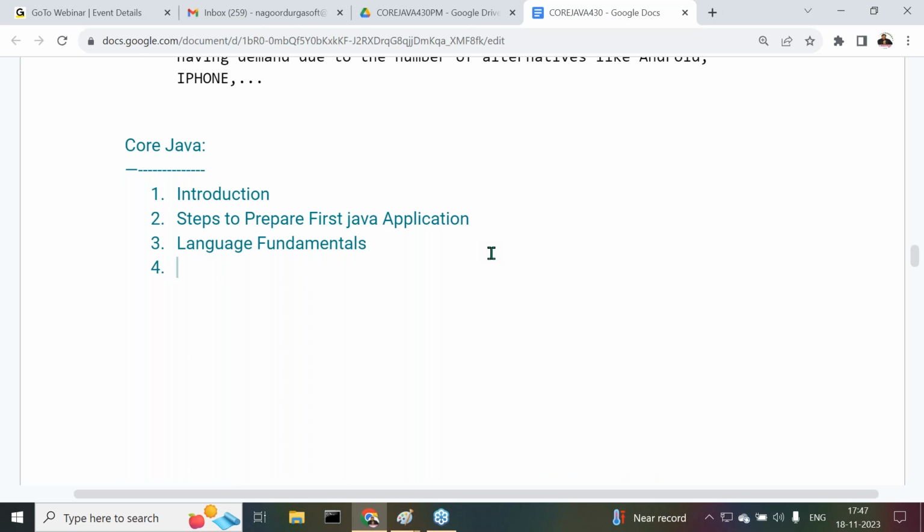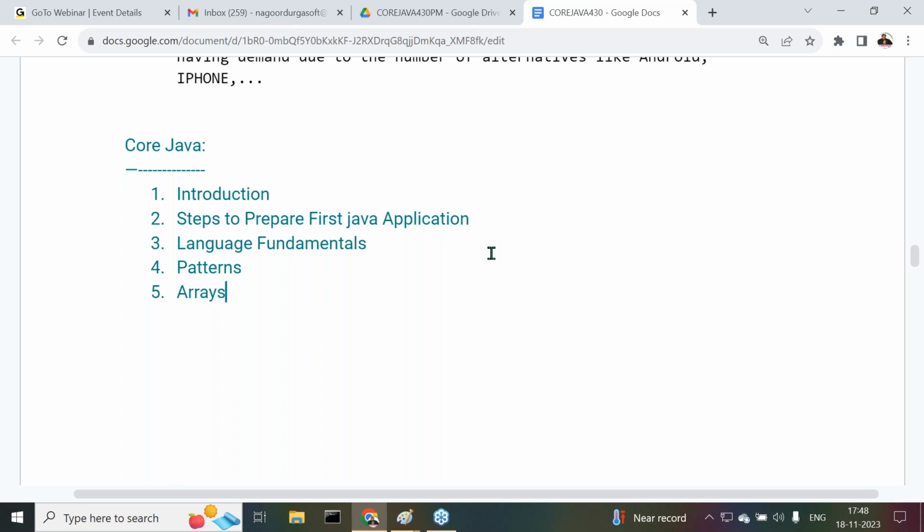Language fundamentals. What is this third one here? Language fundamentals. All right. After this language fundamentals, patterns, like preparing rectangular and square shapes, different shapes, pyramid shape, and a diamond shape with stars or with numbers. Nearly 100 examples we are going to see on patterns alone. After completion of these patterns, the next topic is